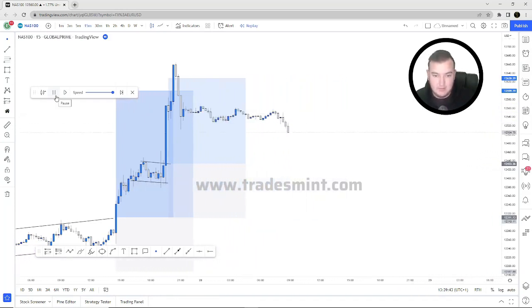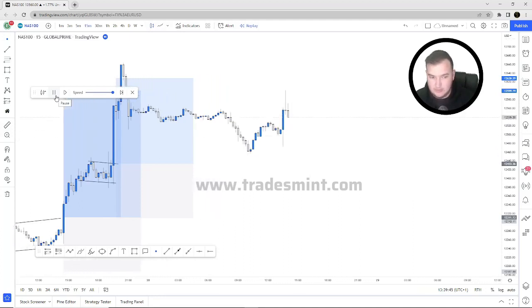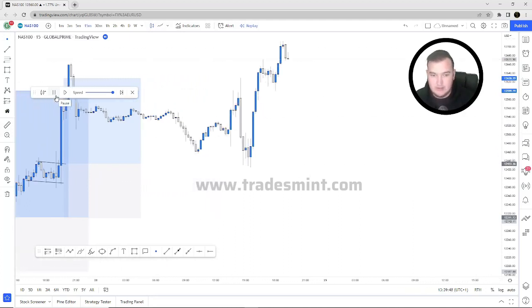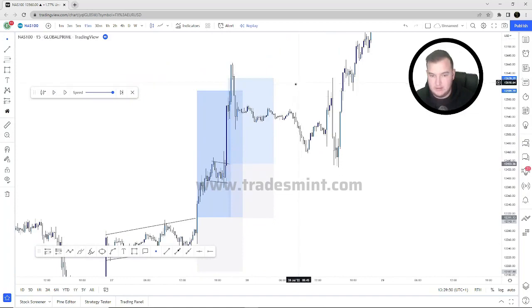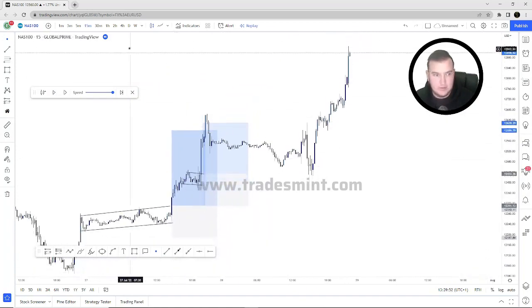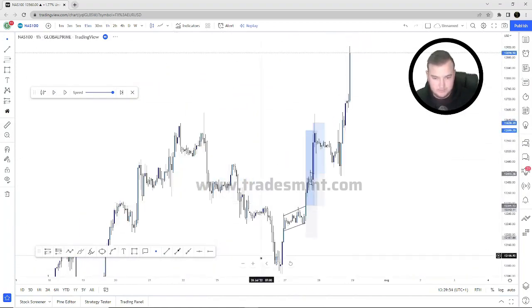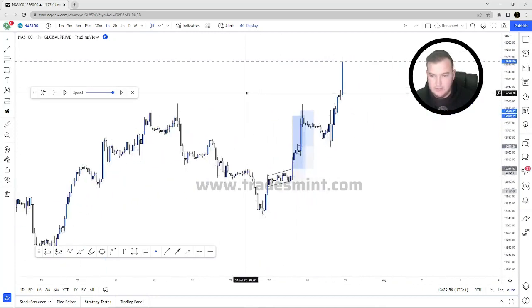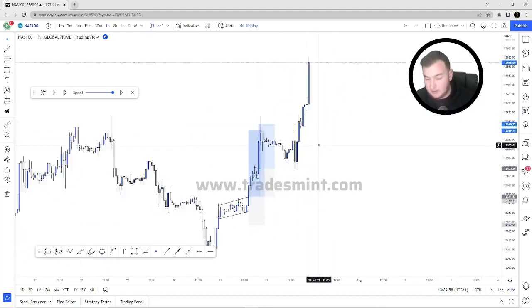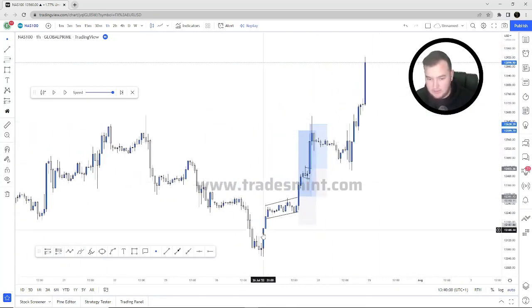Ultimately it corrects for quite some time. Okay, it goes in for a deeper correction, and then ultimately pushes to the upside, right? So again, if I switch to a 1 hour, for example, you can see now that we have a correction within a correction within a correction, right? So here we have an impulse, we have a correction, we have an impulse, we have a correction, we have an impulse, right? And now we have a large correction, right, where price ultimately